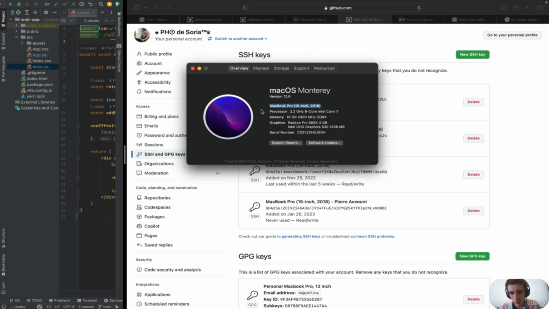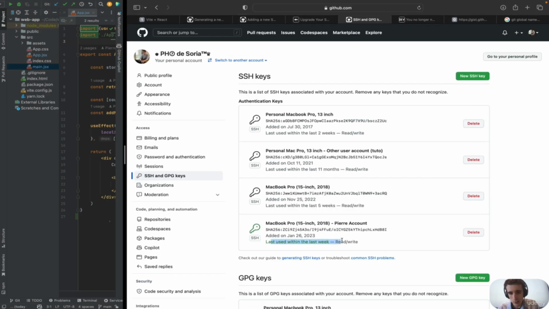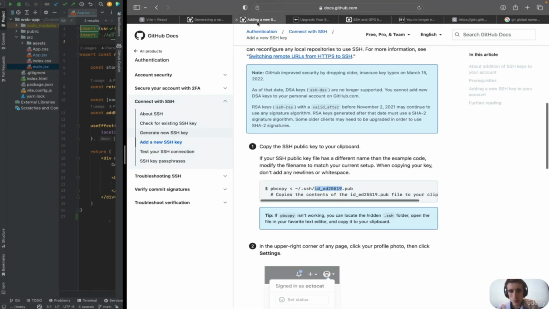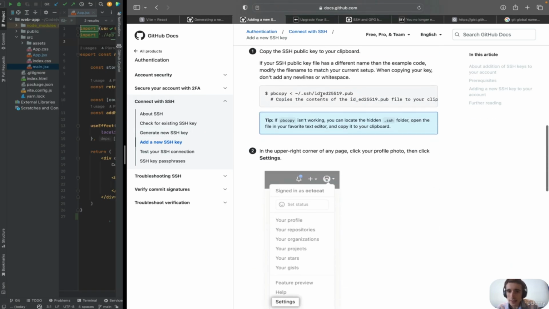We just have a look there. You see, oh yeah, this is that one. You can easily know which one it belongs to and last used within the last week, because it's just now. Since March 2022, GitHub is no longer supporting the DSA key. This is why you have to use the